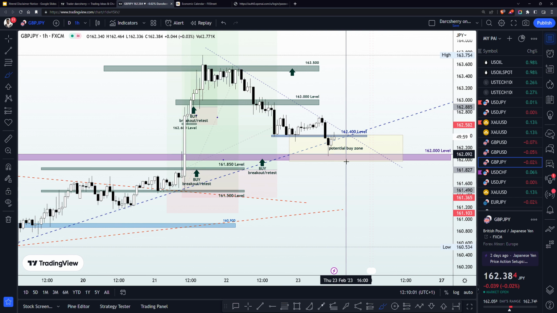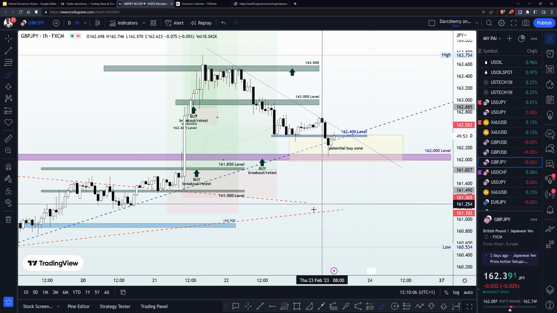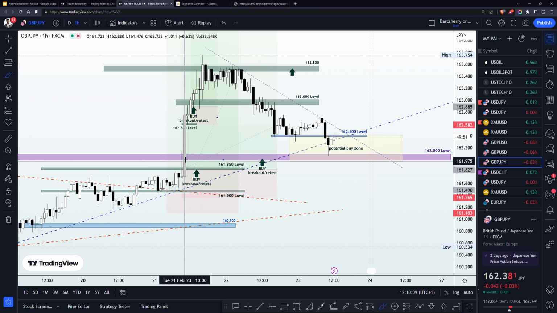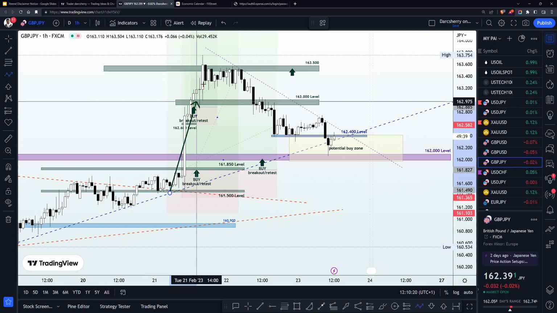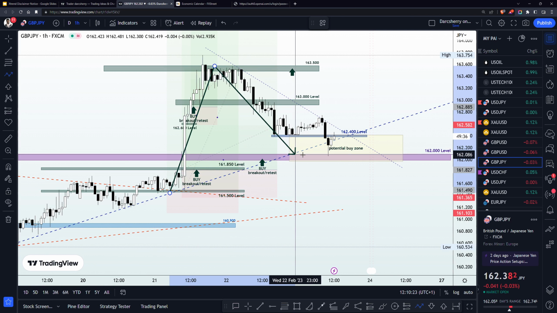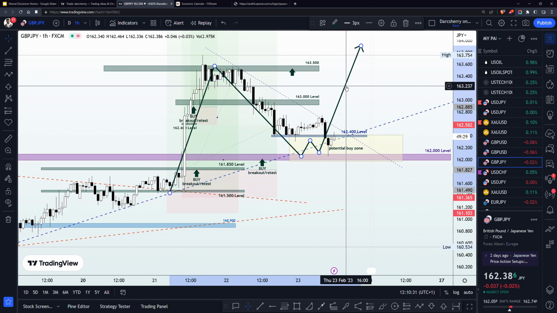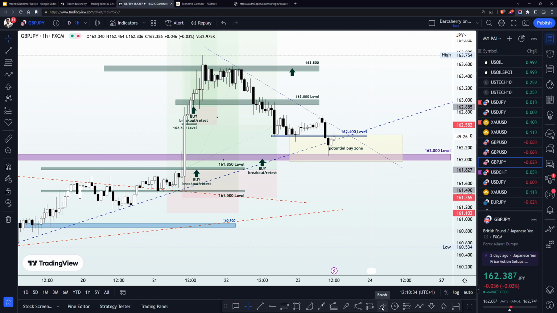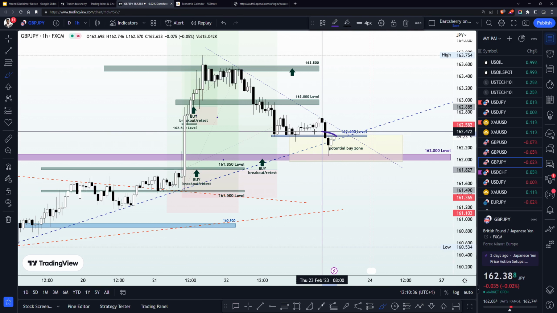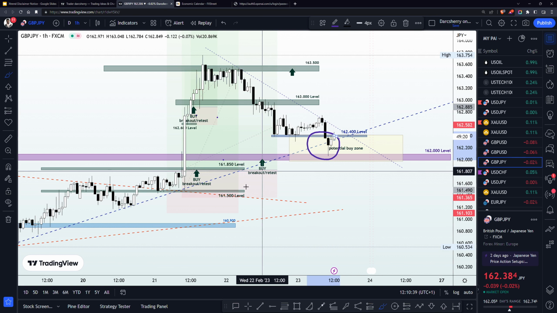And one thing I'm thinking here is that there is a high chance that a bullish momentum will start from this area. And to further buttress that is taking into consideration the bullish momentum that ignited on Tuesday here, as we saw the breakout of the 162.00 level. And from a technical standpoint, whenever we have a breakout of structure, there is a likelihood that price will at one point come back, do a retest of that structure in anticipation of another wave of bullish momentum. So as at this point now, price is back within the 162.00 level, which also shares a confluence with that bullish trend line.